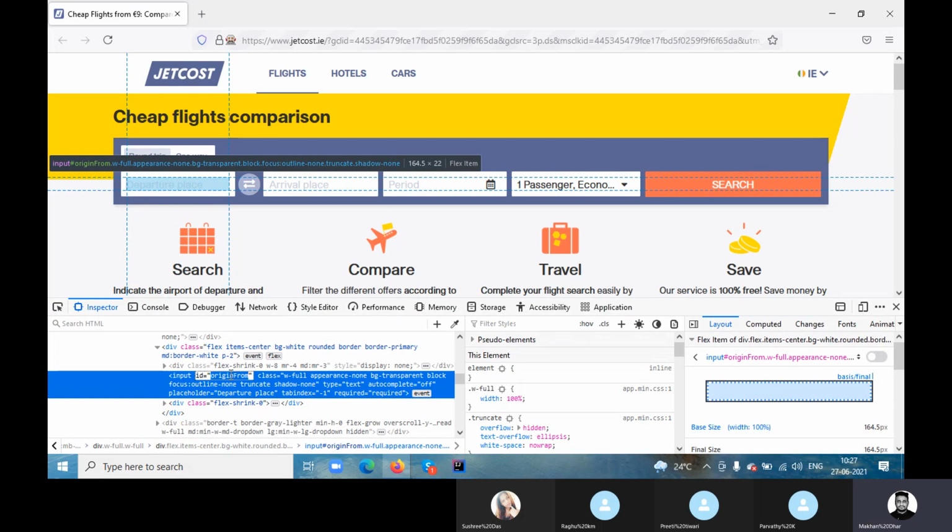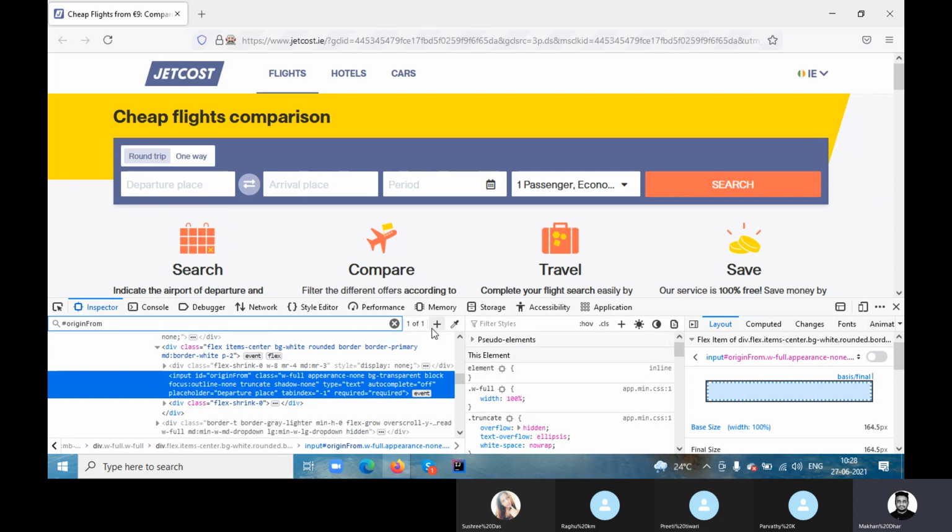Check first with ID, Control C, Control F, and paste and see, are you getting it? So it is unique, right? One of one. So you can write by ID itself because it's unique. Let's try all this. By ID also we will try today. The value should always be within single quotes, and the value is for id equal to this, right? So what I have to do, bracket close. Should I use underscore?